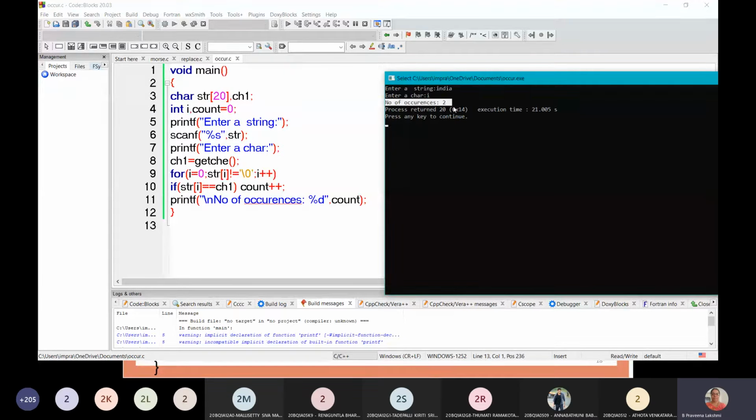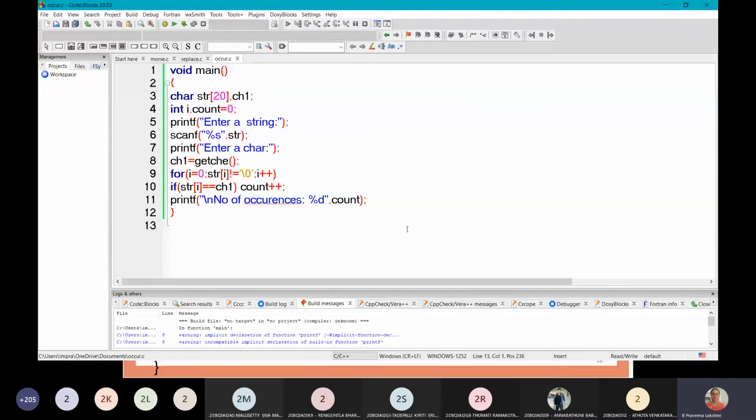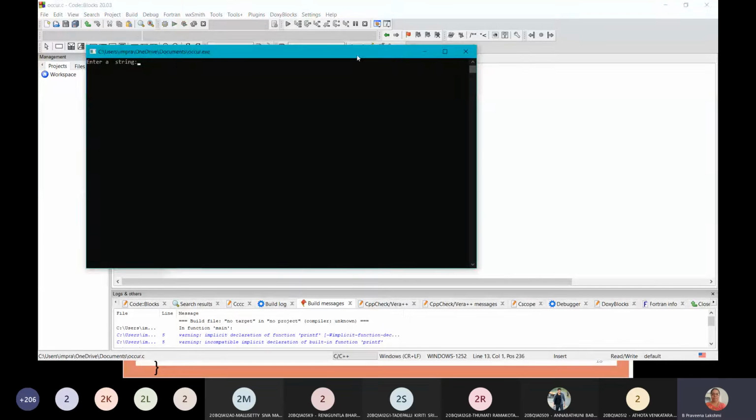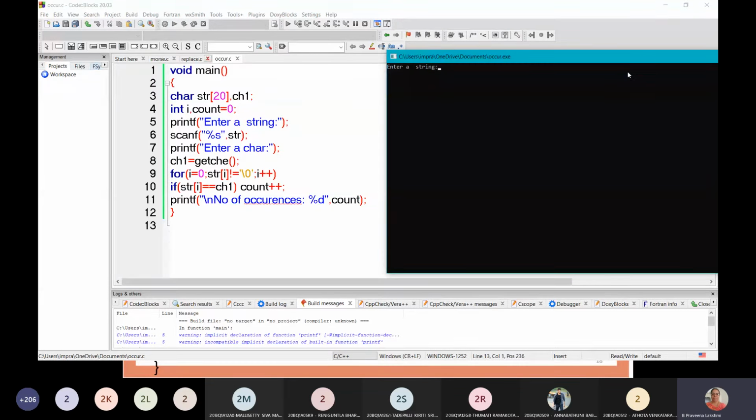So it is showing the occurrences of only one character. All of you note down this code, this program, number of occurrences of a given character.